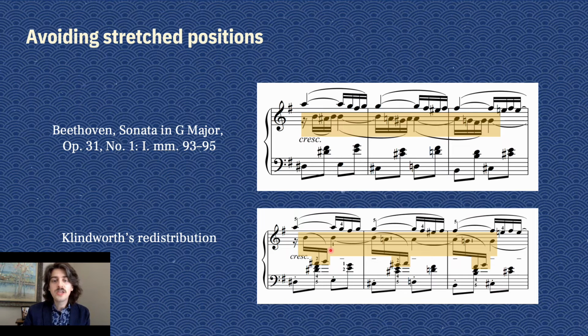Avoiding stretched positions, as we know, dates all the way back to the Renaissance, but in those days, eliminating stretched positions was normally about a simultaneous chord of maybe a tenth and taking one of those notes into the right hand. But there are more possibilities in music with more active textures, as in this example from Opus 31, number 1. The alto voice has these lower neighbors that create an awkward stretch between the alto and soprano, especially if you're trying to play that legato. So Karl Klindworth developed this ingenious solution where, as the left hand leaps up to play these thirds, it can grab 2 notes from the inner voice to facilitate that stretch.